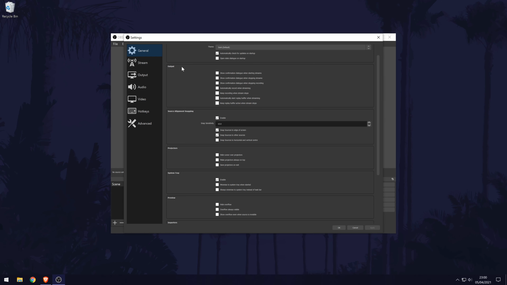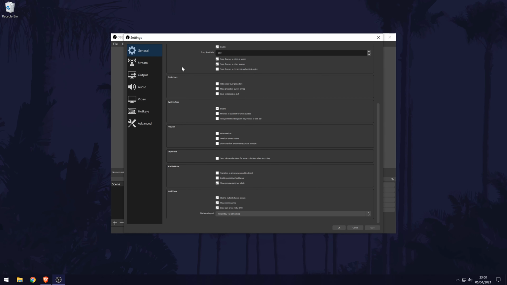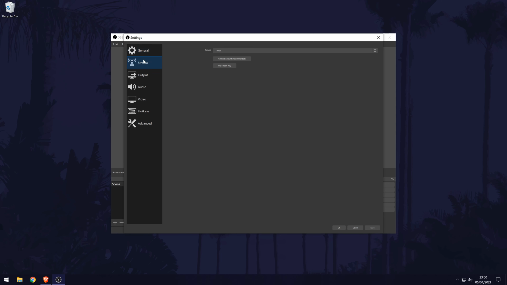Use the list on the left to access each part of the settings, so let's now look in the stream settings. Again, there isn't much in here, but this is where you can link your stream. I'll have future videos that will show you how to set up your stream in OBS to stream onto YouTube and Twitch, but essentially what you need to do is either connect your account you want to stream and follow these steps, or get the stream key from your site profile on Twitch or YouTube, for example, and connect it that way. The next section of the settings is called Output.